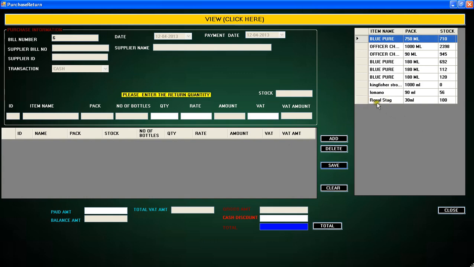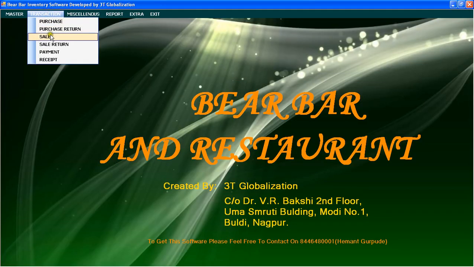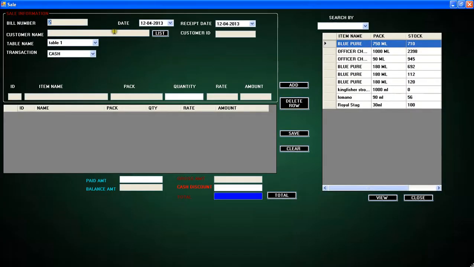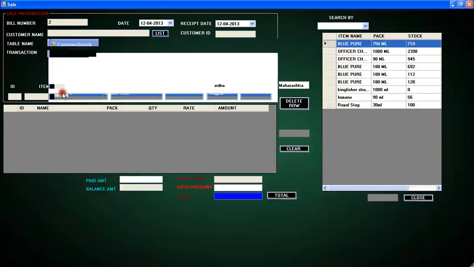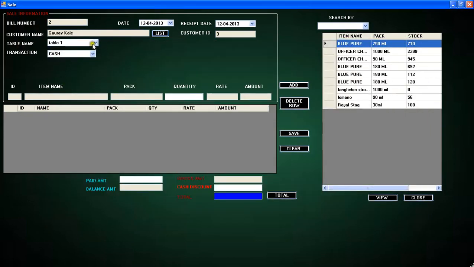As you can see, quantity for this item is decreased. Next form is sell form. From this list, you can select customer name, table name, transaction type, item to be per sell,